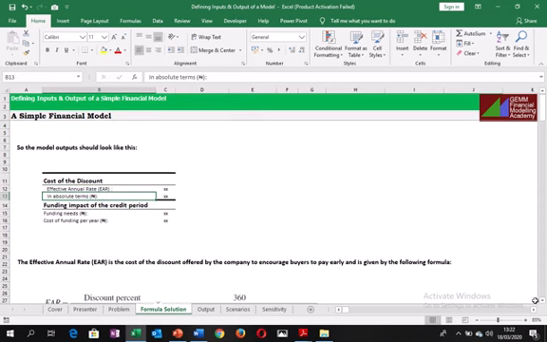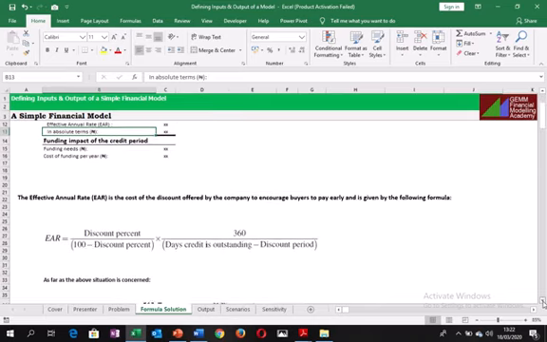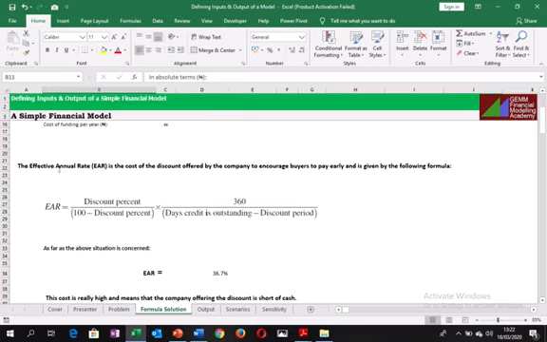But this approach of using the formula, where you establish the effective annual rate using this formula, you derive 36.7% effective annual rate,